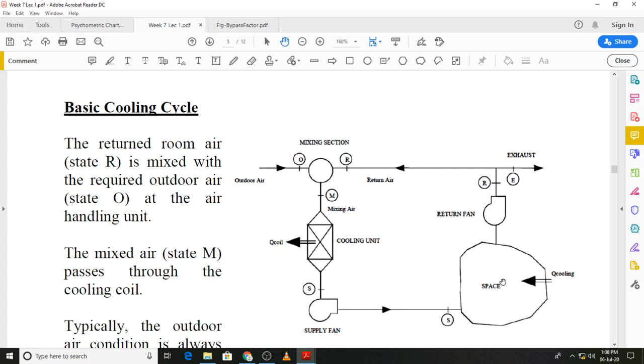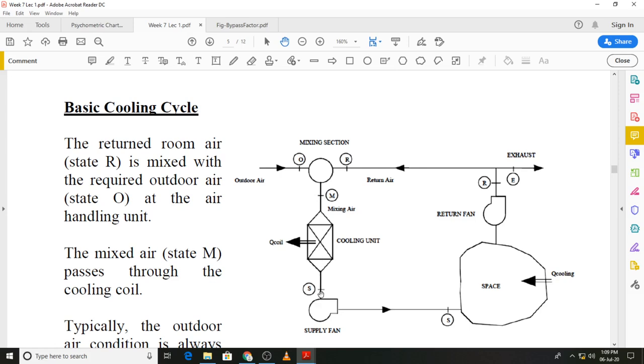This is the space which will be at state R, and you can see from the space the air is returned, part of which is exhausted. The recirculated air is mixed with the outside air, which is at state O. The resultant state is again shown by the letter M, and then because we are talking about summer air conditioning, the mixed air will then be passed through a cooling and dehumidifying unit to dehumidify and cool the air to